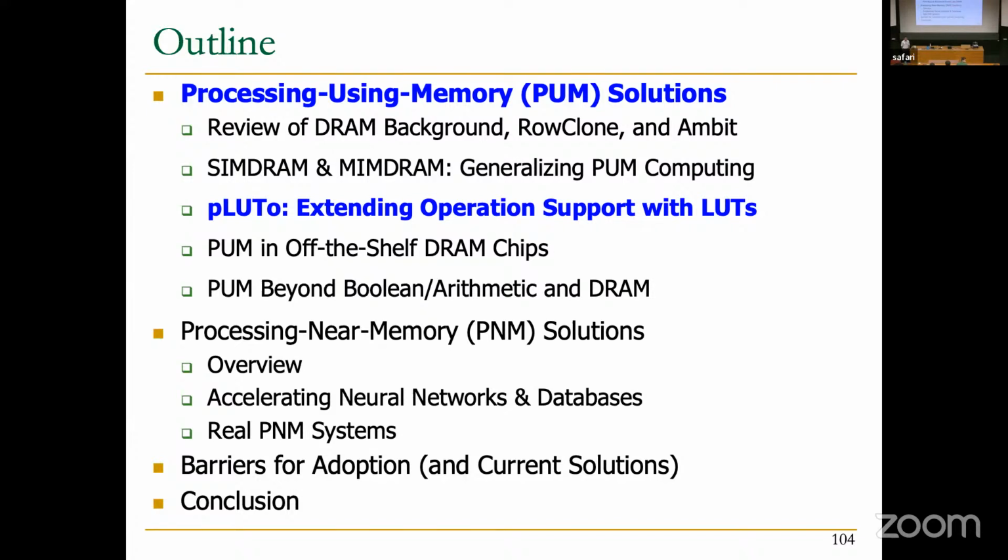[Question:] ...which do reactive refreshing, then how does the latency increase for in-memory compute? Is it still going to be less than having to bring it to the core and then compute and then send it back? So I think, if I answer correctly, you're asking about reliability in terms of RowHammer on top of this. Is this that? Yeah. So I'm saying that when you perform compute within the DRAM, yes, you are a lot more prone to bit flips due to RowHammer because you're activating a lot of lines for very long. Yes, that's a funny thing actually.